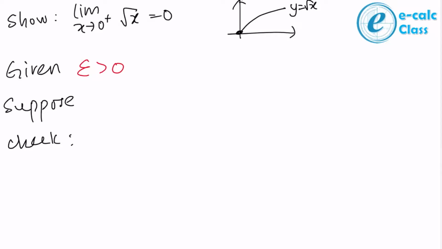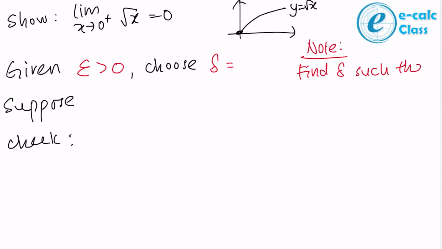Let me write choose here. Choose what? Delta equals something. What is this delta? A lot of students were stuck here, but don't worry, just leave it blank first. This delta depends on your epsilon. Let me write down a note for you. Note, we want to find this delta such that